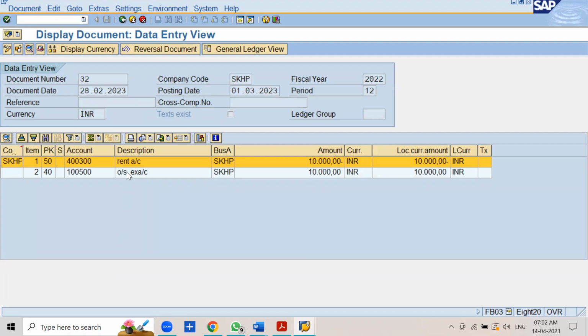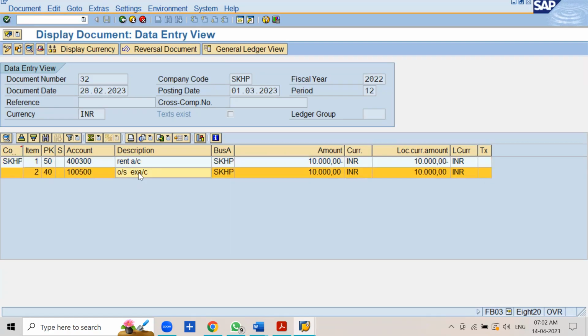See, we have reversed the accrual document now. See, outstanding expense account is taken in the document. Short text is taken in the accounting documents. Long text is taken in the